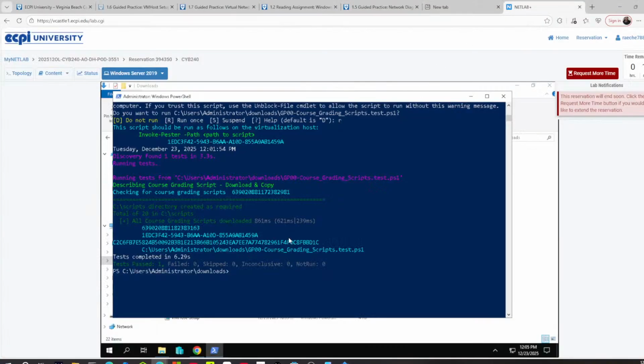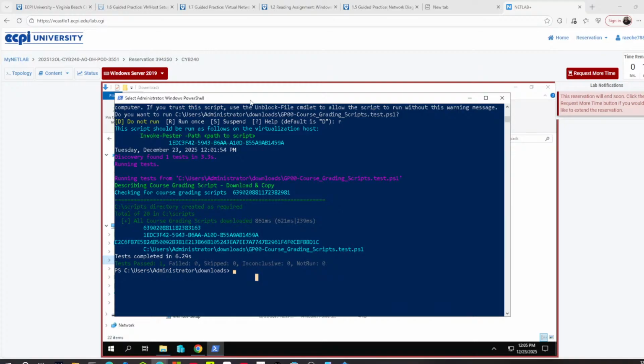At this point, we are going to configure your virtual host. The virtual host is where Hyper-V is installed, and Hyper-V is Microsoft's virtualization option. In this case, you'll be using Microsoft Hyper-V to configure your virtual machines for this course. Before we can get started, we just need to prep the virtual host. Let's get started. The first thing that I'm going to do